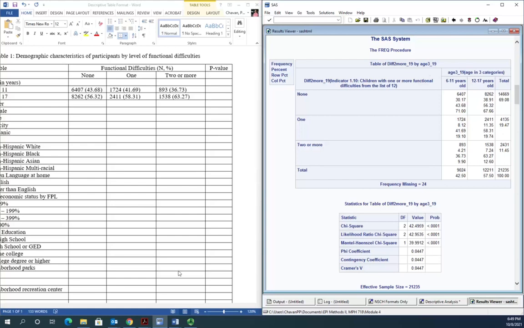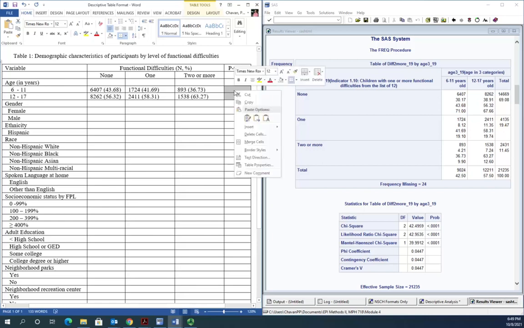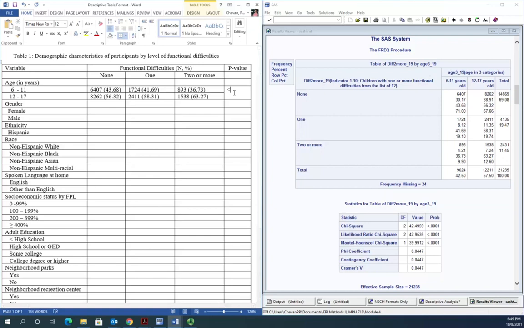0.0001. Now when I am going to write the p-value, what I'm going to do is I'm going to merge those two cells. And why am I going to merge these two cells and not write less than 0.01 and less than 0.01? Because I just have one p-value, right? And we want to tell the audience that this p-value was for this particular variable which corresponds to both the categories of age. So just right click here and click on merge cells and then go ahead and type in